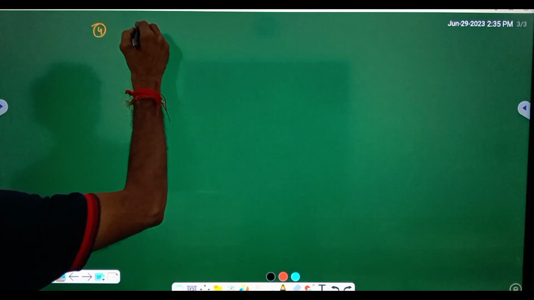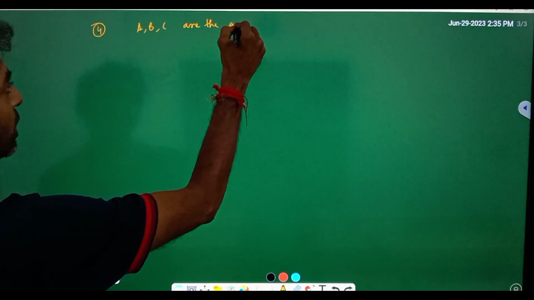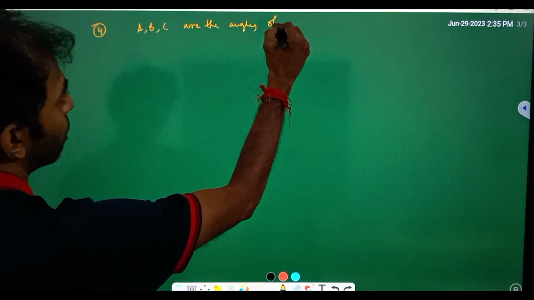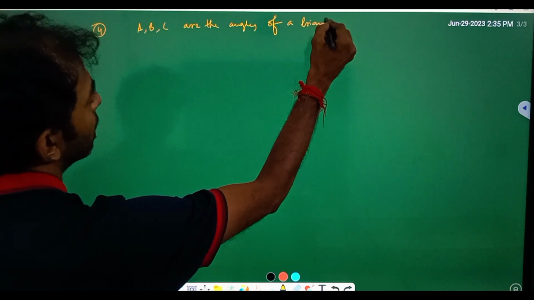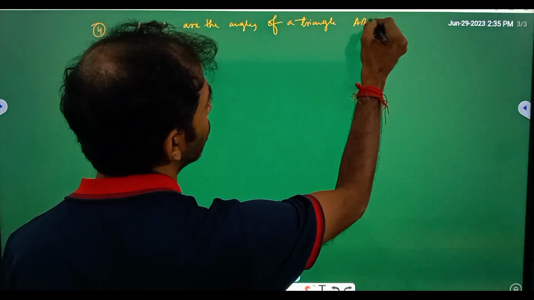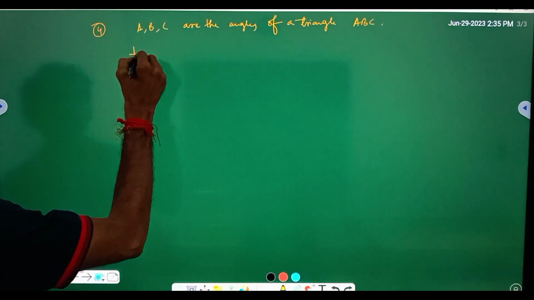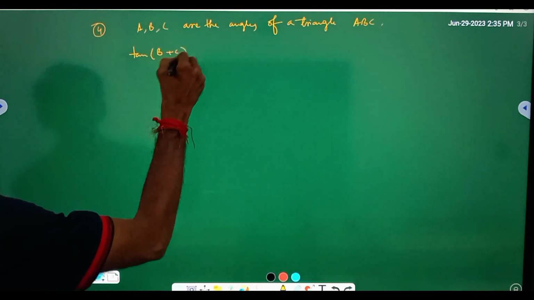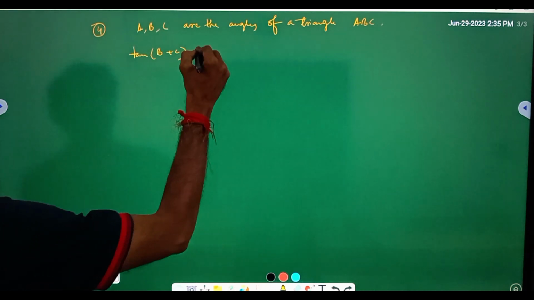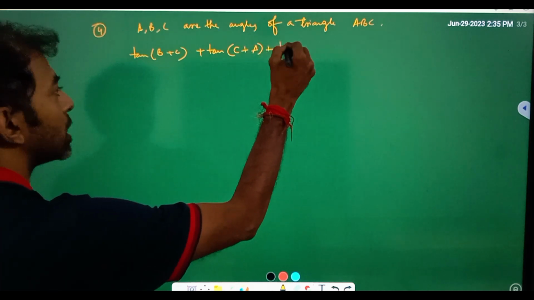After that we're going to the fourth problem. The fourth problem is: a, b, c are the angles of a triangle ABC. Okay, definitely a, b, c are the angles of a triangle ABC, we all know that. Now we need to show that tan(b plus c) plus tan(c plus a) plus tan(a plus b)